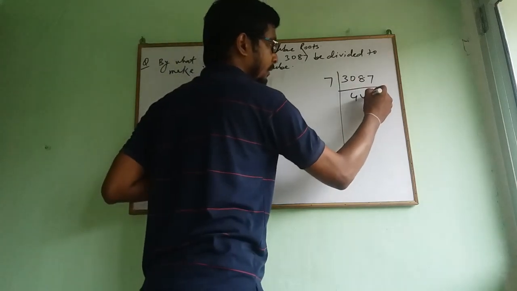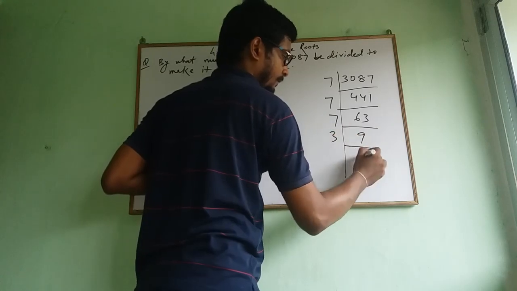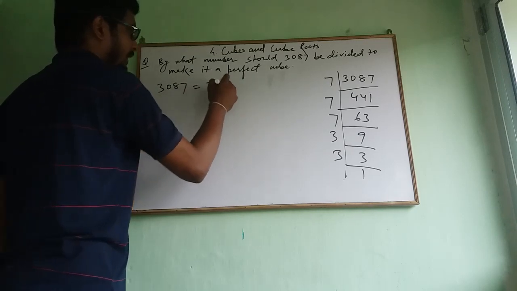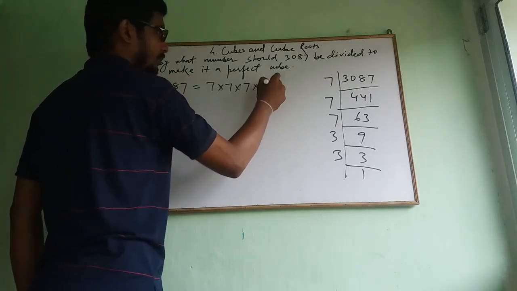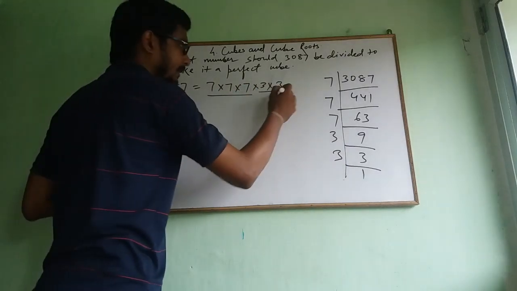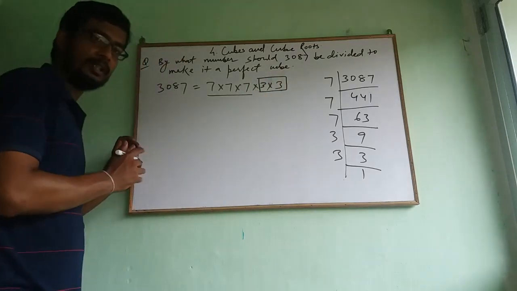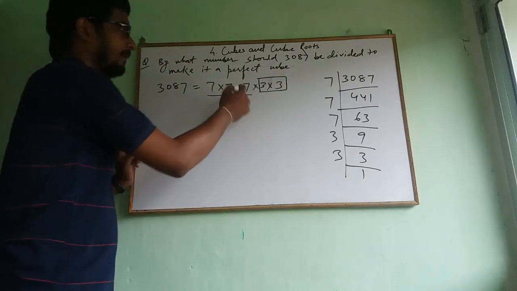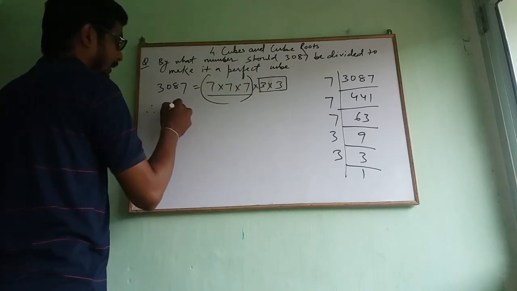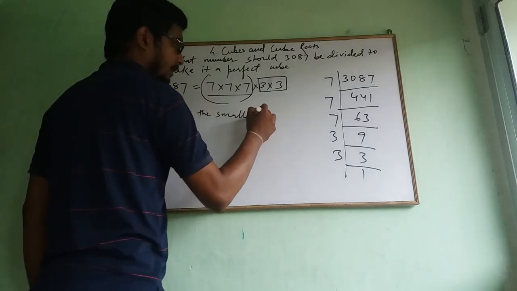So it becomes, again, 7 into 7 into 7 into 3 into 3. You can see here 7 makes its triplet but 3 can't. So if I divide this number by the product of 3 into 3, then the number becomes a perfect cube. Therefore 9 is the smallest number